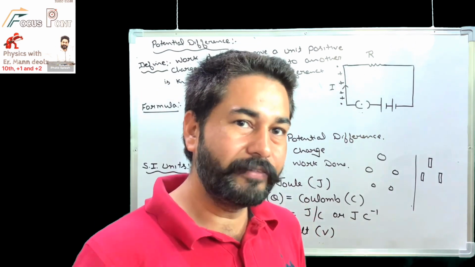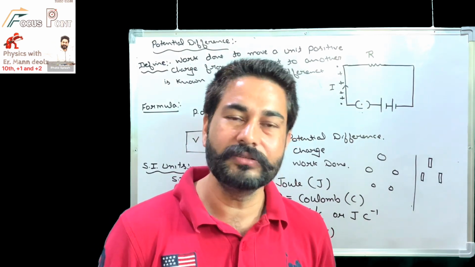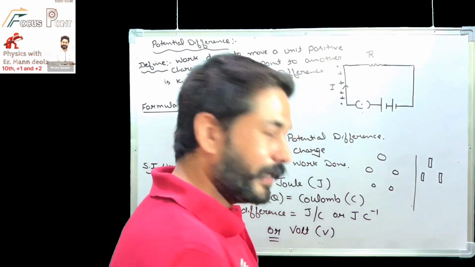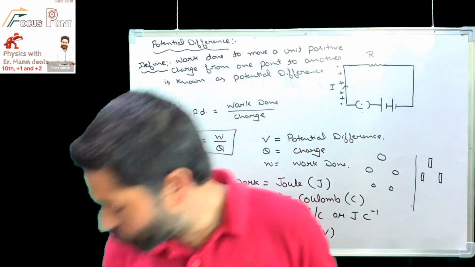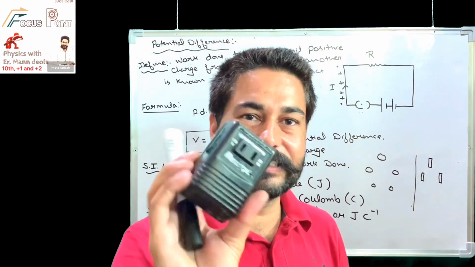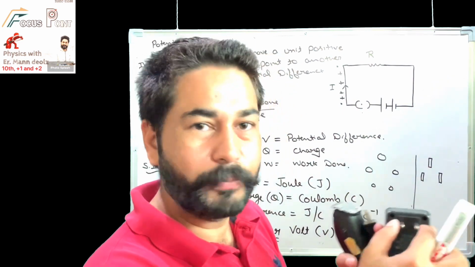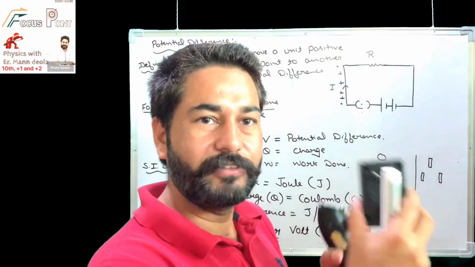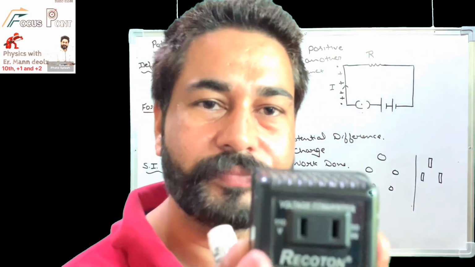Understood? Now what do I have to do? This device works on 110 to 150 volt, but I have to run it on the 220 to 240 volt which is there in India. So I have to decrease this potential difference from 220 to 110. That's why we use adapters. So this is an adapter, and I'll input it in India. Whatever input I get over here is 220 to 240, whatever is there in India. Then this adapter will decrease its potential to 110 volt.